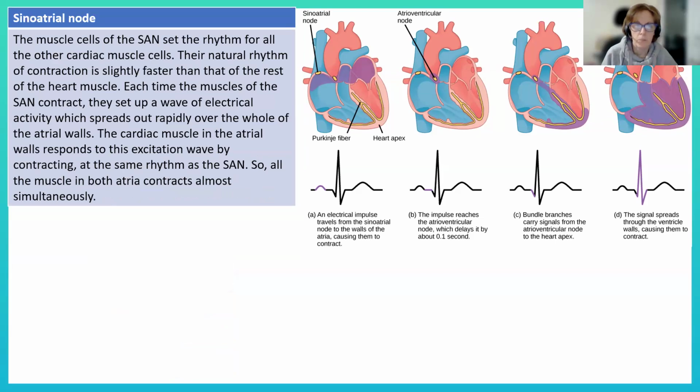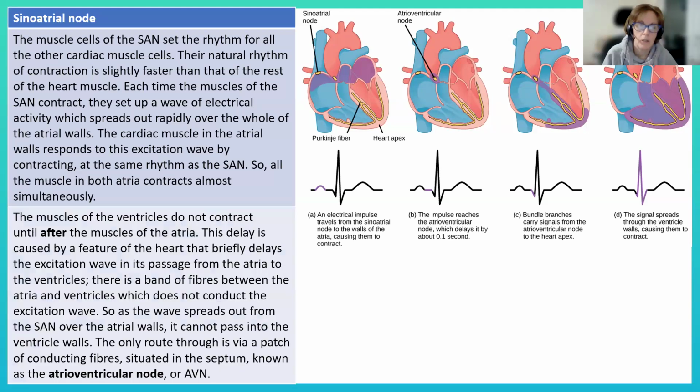Each time they contract, they set up a wave of electrical activity, which will spread out over the walls of the atria to start with, then will spread down to the AV node,